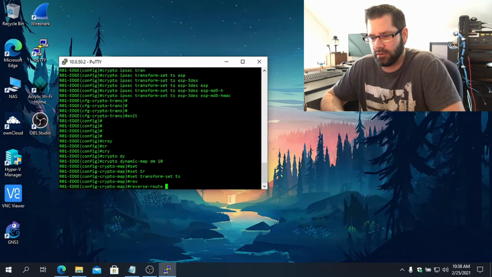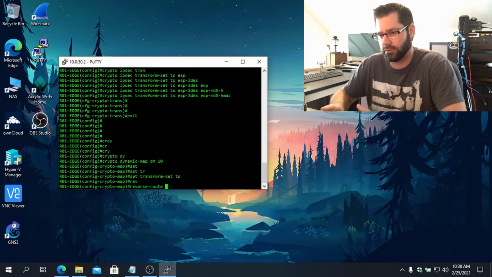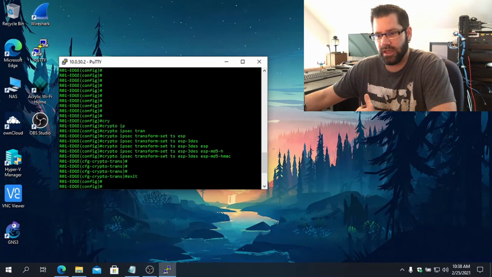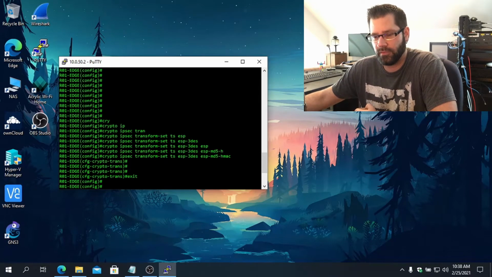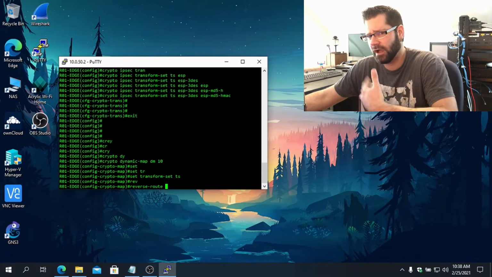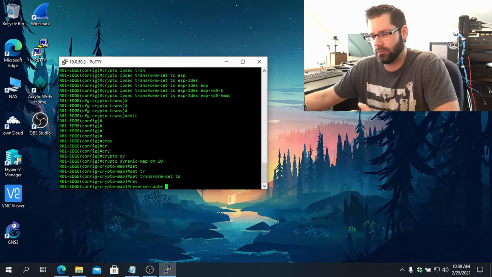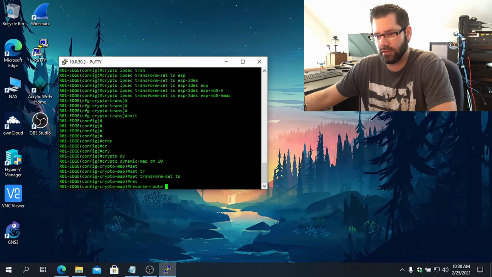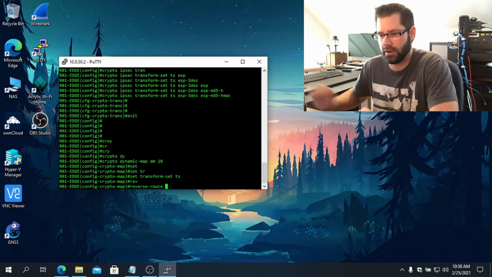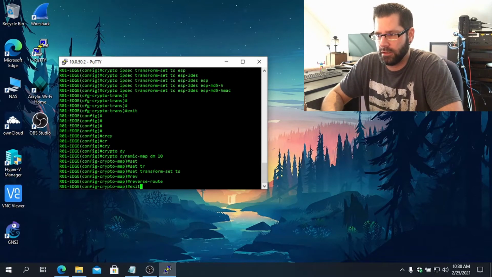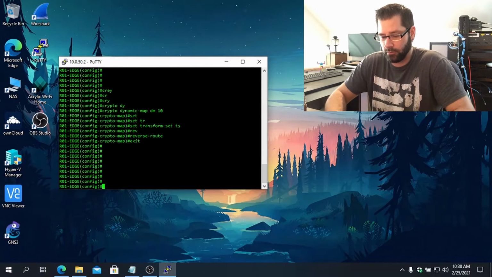I don't actually need this here because of the way my network's set up, but essentially what it's going to do is, for whatever addresses are defined in this pool here, when the client connects, it will actually add a static route on the router that points to the tunnel endpoint, so the client address. What you can do with that is redistribute that into a routing protocol if you want to, so you can pipe that down through your network so your routing is correct. So once you configure that, we're done with the dynamic map, and now we just move on to the crypto